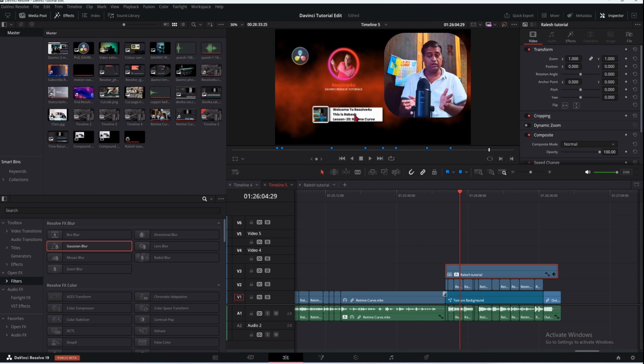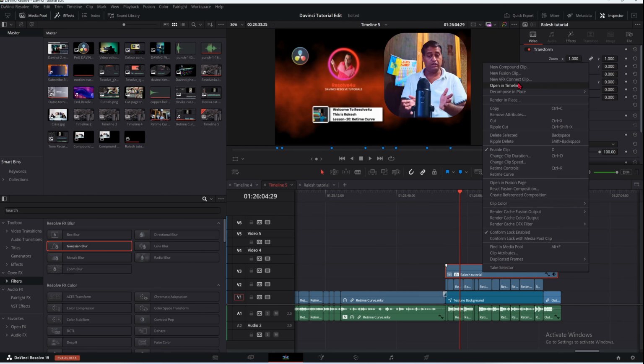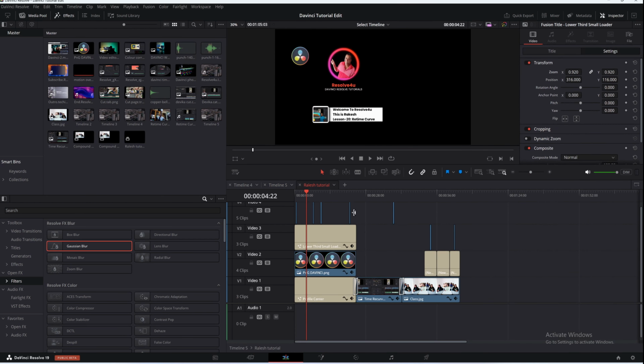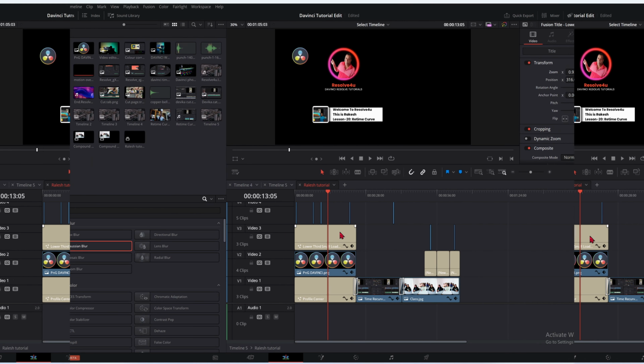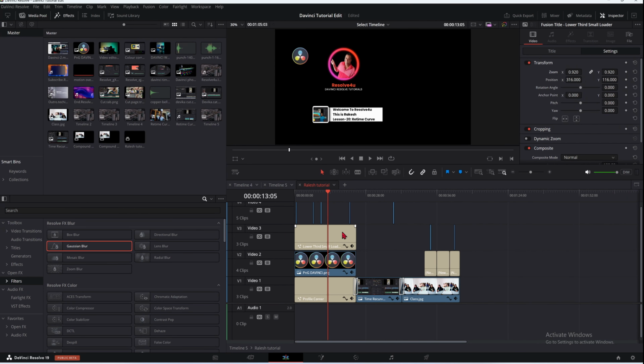So in this way, you can even make these changes by just right clicking here and choosing open in timeline. You will just click here, and it will open in a new timeline. You see, this is the work of a new compound clip. It's very convenient. Just click here and you can make changes here. So there are several ways. One way is this. This is actually the right way.